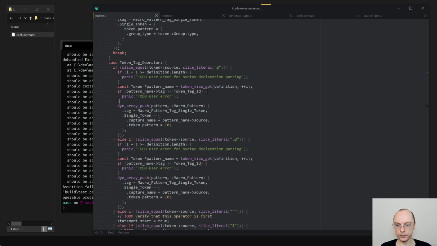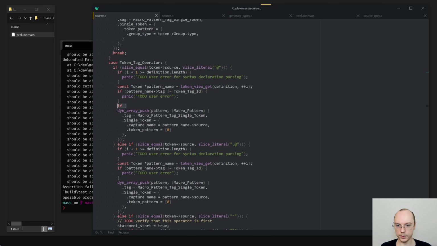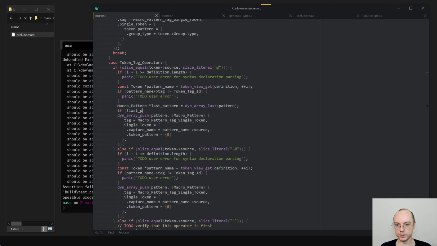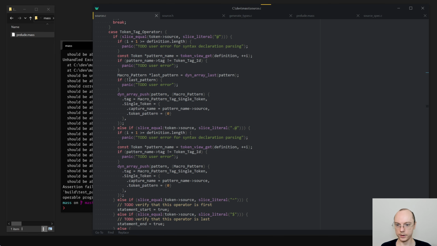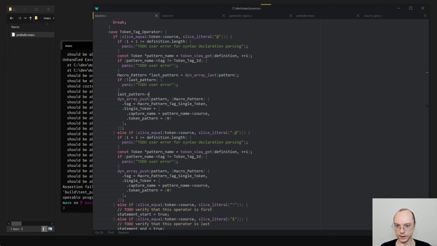But instead of pushing, we need to say if or macro pattern star last pattern is dynamic array last of pattern, and if not last pattern, then user error, right? And then we say last pattern capture name is this.